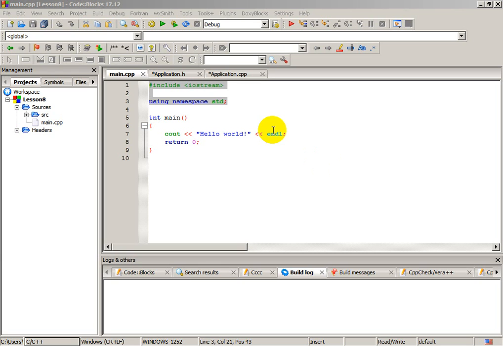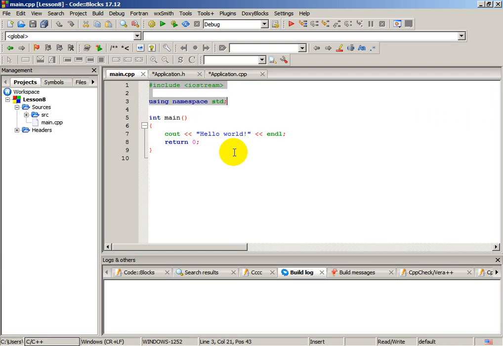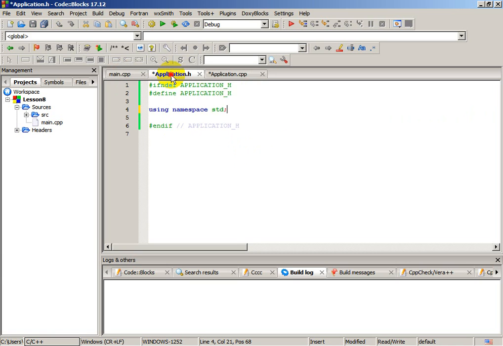First, I have here a simple hello world application. Like in the previous tutorials, I have created an application header and CPP file. In the CPP I just have included the standard namespace and IOStream, and in the header file I have included the standard namespace. I don't have any class, and here I have a simple hello world program in the main. And let's start with